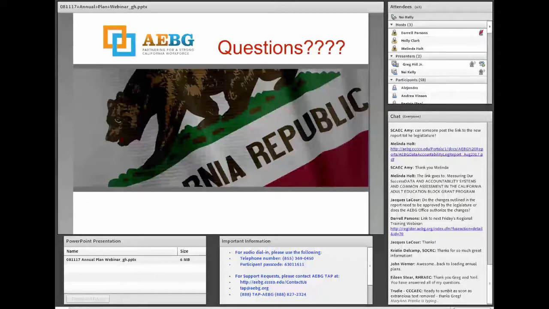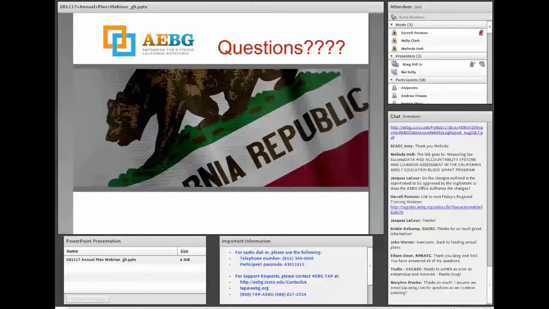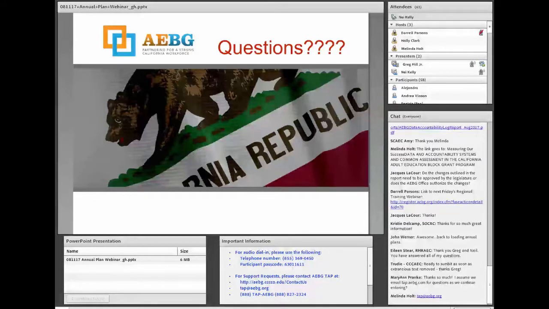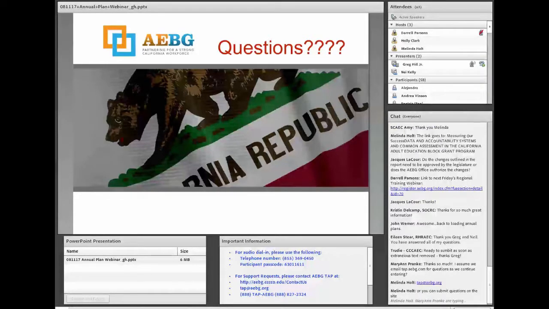Okay, and Lucy had a quick question. She said, how long is a quarter? I'm assuming that's related to the fiscal reporting. In the new system, a quarter will be the 3-month period. So we'll be going back to 4 quarters of reporting in the new system, because that's the feedback we're getting from the locals and the members, that it's too hard to stay on top of fiscal reporting when the reports are only every 6 months. That's the feedback we got from the field on that one.